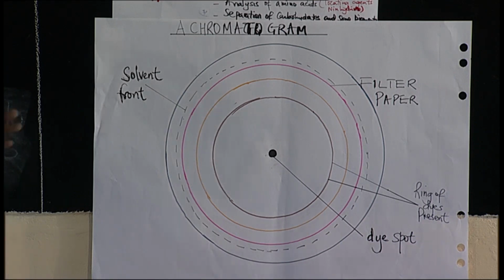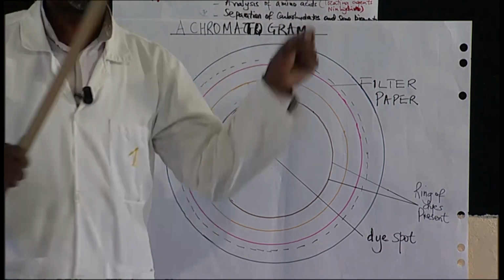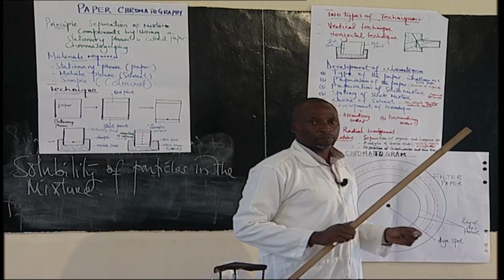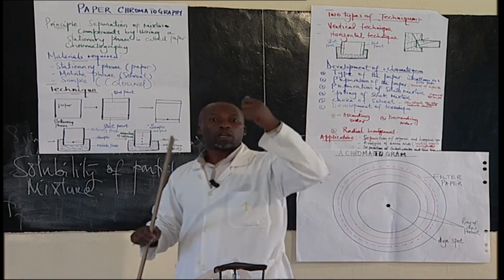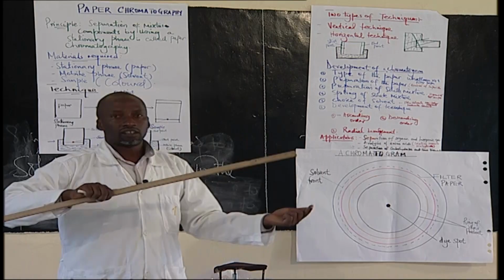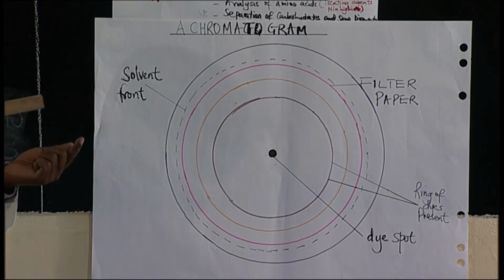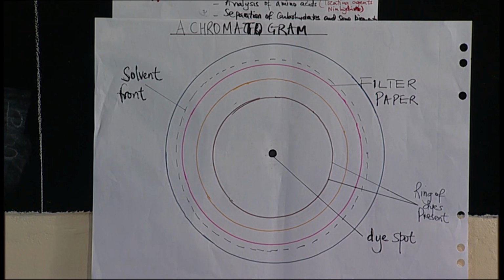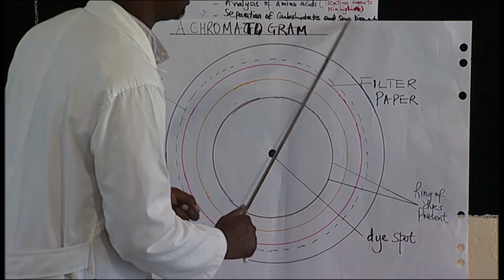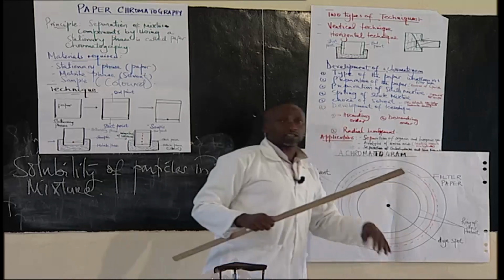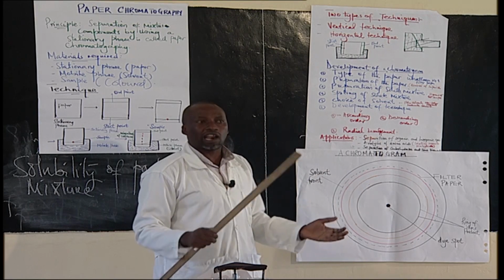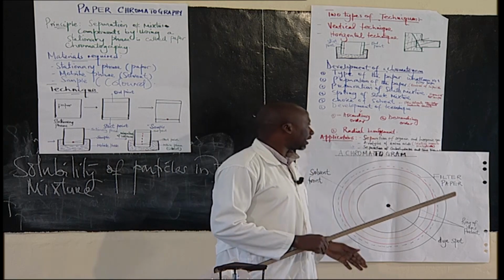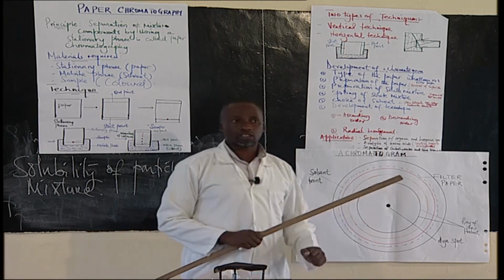Amino acids are colorless substances, so we need what we call a locating agent. The locating agent in this case will be ninhydrin, so it will turn the amino acids into colored substances, so that they can be easily separated. Separation of carbohydrates and some pigments, colored materials. The chlorophyll within the leaves, the colors within the flowers can also be separated by this paper